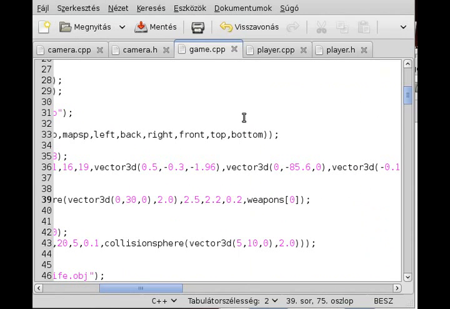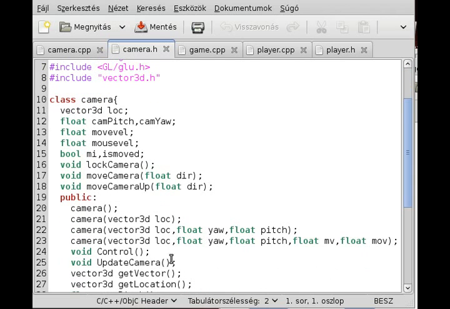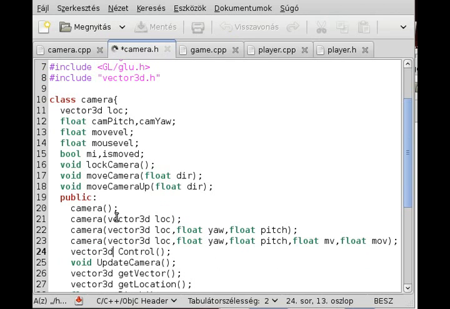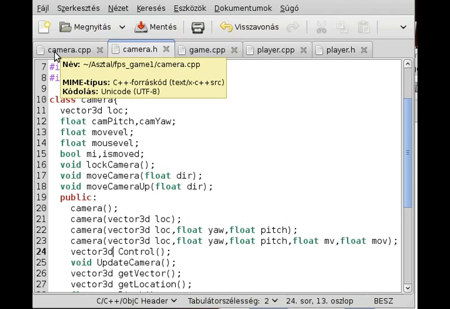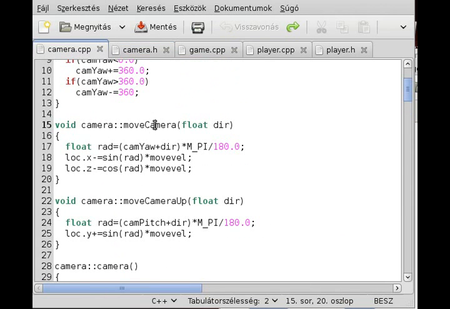It's not that complicated. Although we need to modify this camera.h header file a little bit, and now instead of moving the camera, actually we will just give back how much it should move. The rotation still remains in the camera class. So the control function will now give back a vector 3D object, which will be basically how much the camera should move. And then in the camera.cpp, in the move camera and move camera up functions,